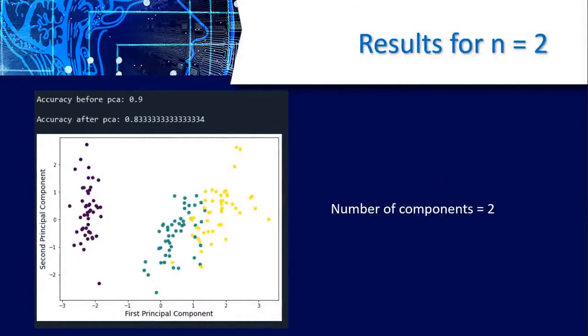When the number of components is 2, we get an accuracy of 0.83. The accuracy has dropped because we can see that at a few places the green and yellow clusters have overlapped, and that is why the accuracy dropped from 90% to 83%.